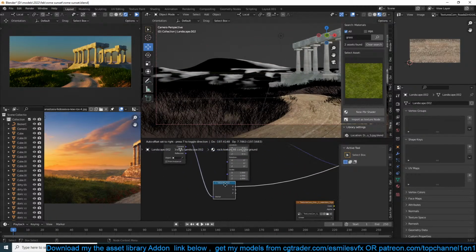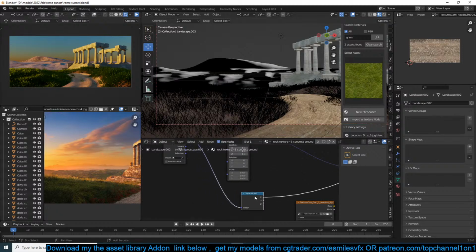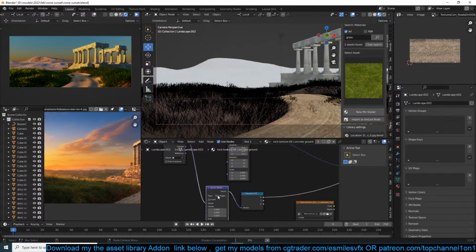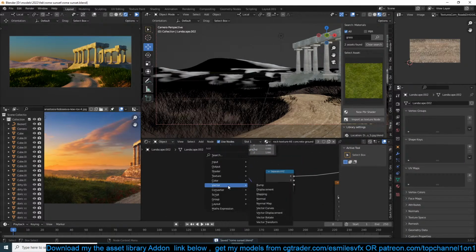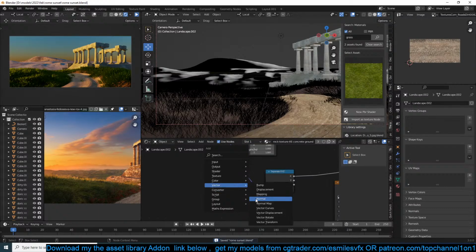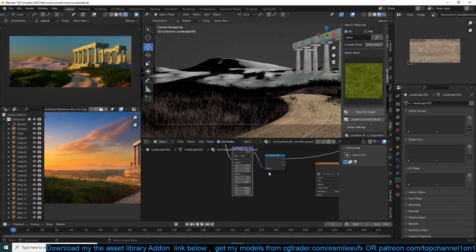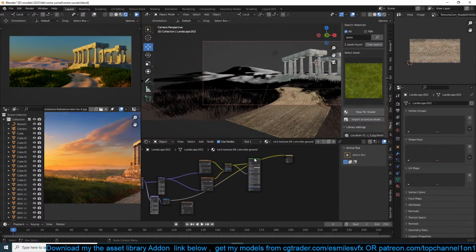We could maybe do a vector transform or vector rotate here. A vector convert mapping, vector mapping, so we can rotate this, then just